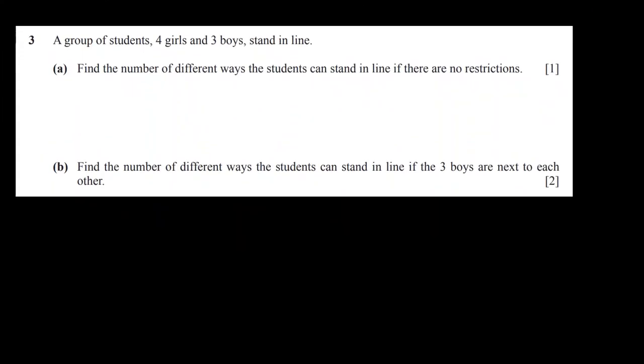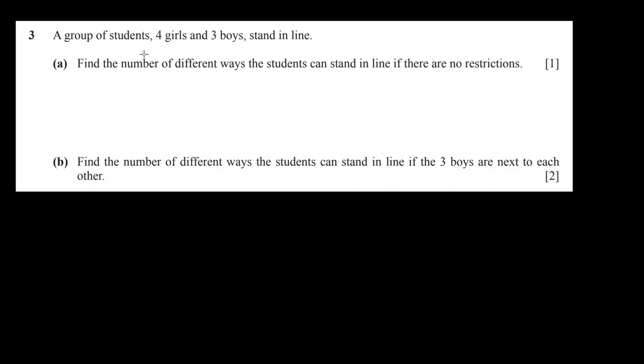Okay, what next? A group of students, 4 girls and 3 boys, stand in a line. Okay, total 7 people, right? If we do not distinguish between them. Okay, find the number of different ways the students can stand in line if there are no restrictions, just 1